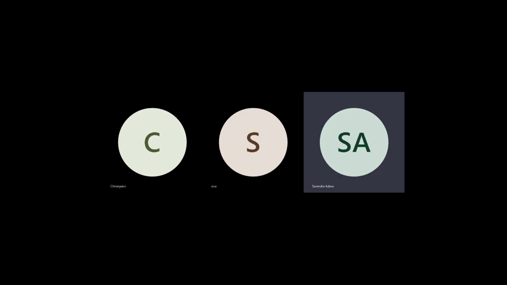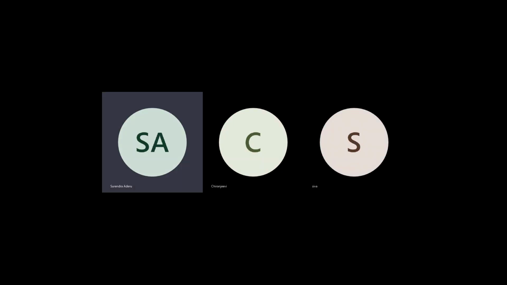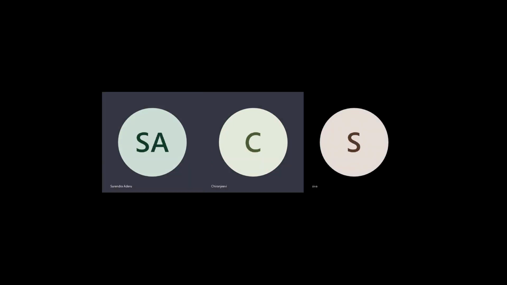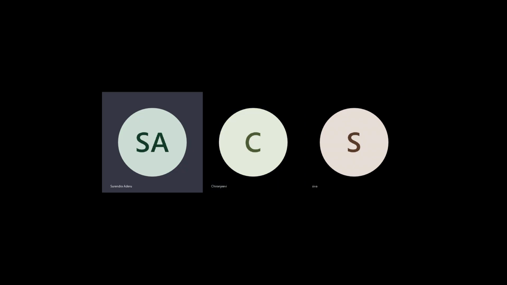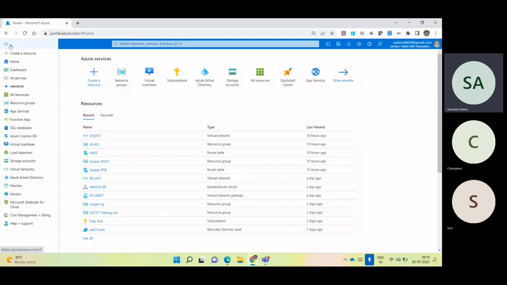To redirect that organization username and password for your end users, in Azure we have a concept called Azure AD app registrations. App registrations in Azure AD will help you provide authentication